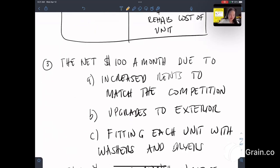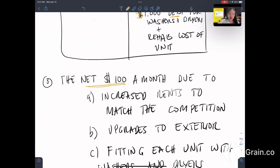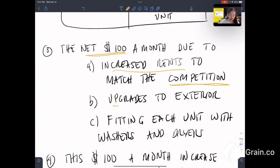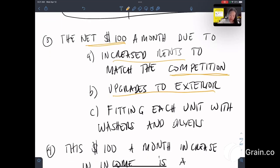Third lesson, the net 100 a month. Remember, he got 100. This is due to Robert increasing the rents to match the competition. He's not the highest, he's just matching the competition. The second was upgrading the exterior. He became the new owner of the property and improved the exterior. Third, he fitted each unit with washers and dryers. So that's how he came up with the net